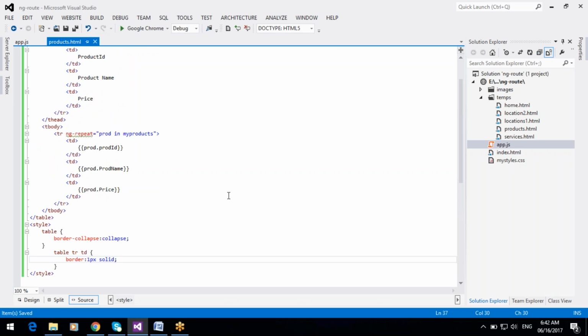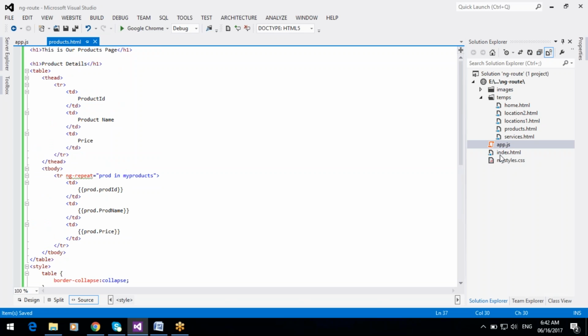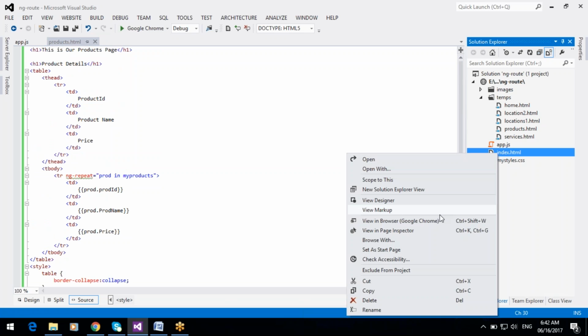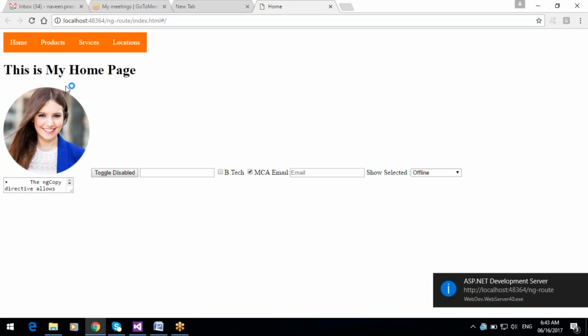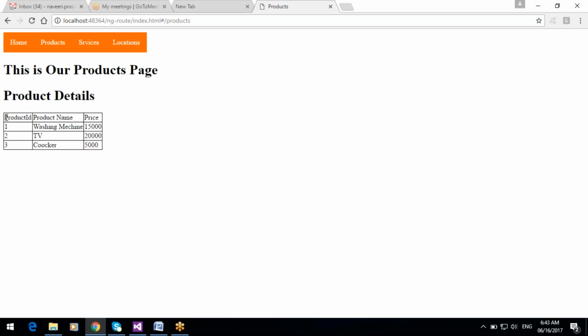So now run this example. In the products menu we have the product information, 3 products, and the 3 products are displaying here. Here I want to apply filters.